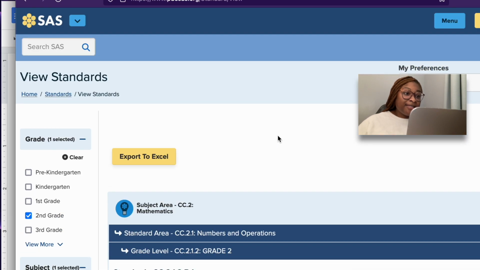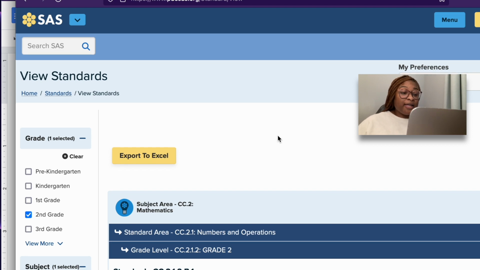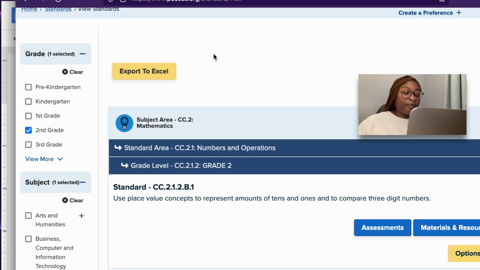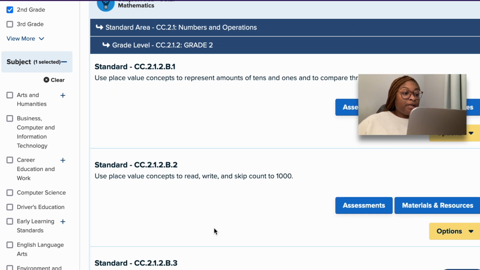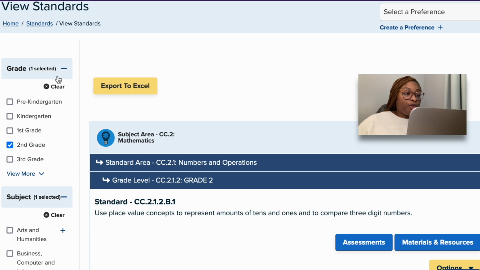This is my state's website where I can find all the standards. And your state should have that website as well, where you're going to be able to see your Common Core. And just a quick tour, I'm more than happy to go over this further, but just a quick tour. You can click your grade preference. So a lot of times, depending on what your certification is going to be, you will